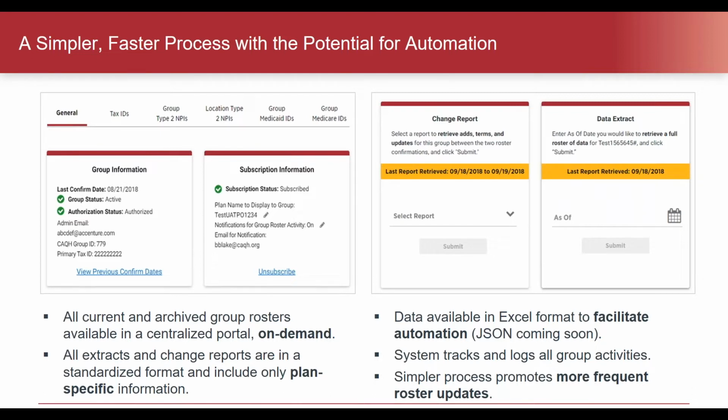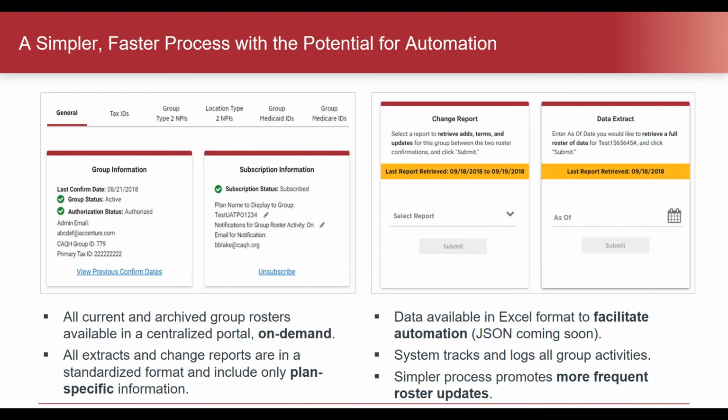This standard data set is not specific to a single state. There was also a question about the data fields required and if we have the CMS required data elements for Medicaid. Yes, so we do have many of them. We're actually in the process of enhancing the roster to include even more. So we can certainly reach out, and if you want to contact the sales@caqh.org email address, we can certainly provide you with the specific fields that we do support with the roster format.